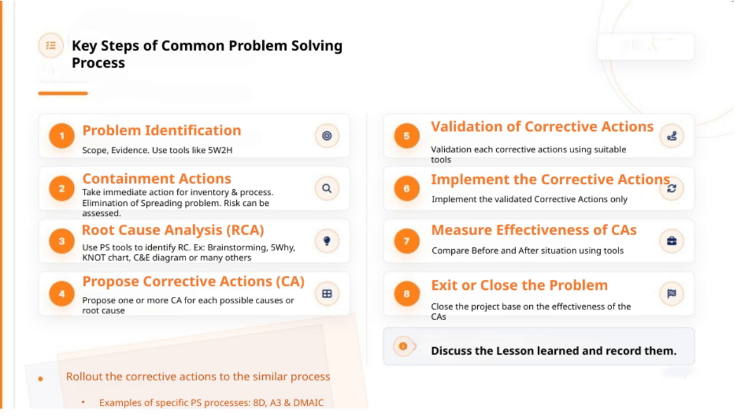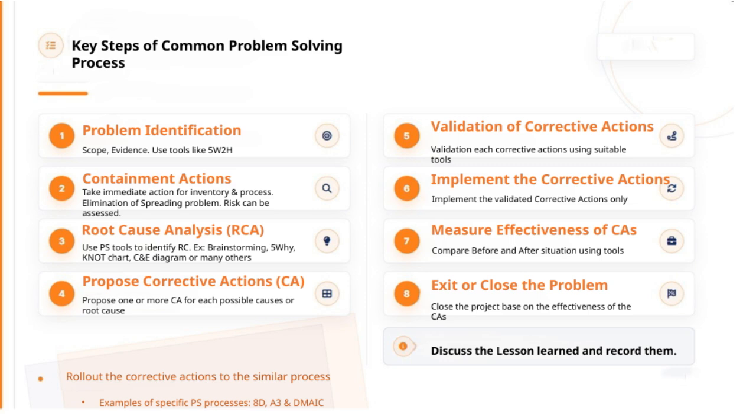It's important to implement only those corrective actions that have been validated through suitable tools and analysis. This ensures we're making informed decisions based on evidence rather than assumptions. For each potential cause or root cause, we should propose one or more corrective actions. Using problem-solving tools like brainstorming, the 5 why analysis, Pareto charts or cause and effect diagrams, helps us accurately identify